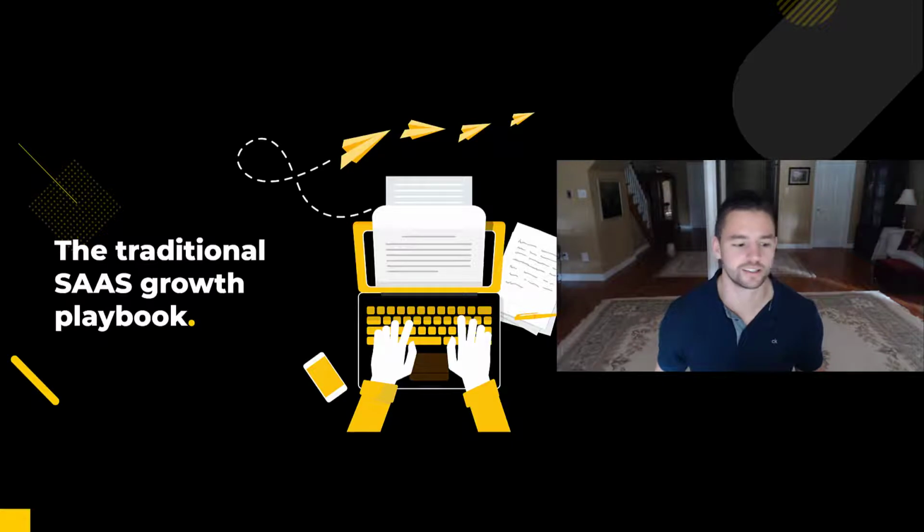But this crazy obsession around product-led growth wasn't always the case. So you see, back in 2016, when I was in demand generation at Vidyard, I followed the traditional SaaS growth playbook. You probably know the one where you create a bunch of content, put it behind a lead magnet, and then send those people a lot of email until one day they hopefully request a demo or turn into a paying customer. So yes, I was one of those annoying marketers, and I couldn't help but feel at the end of the day that there was a better way to do marketing.